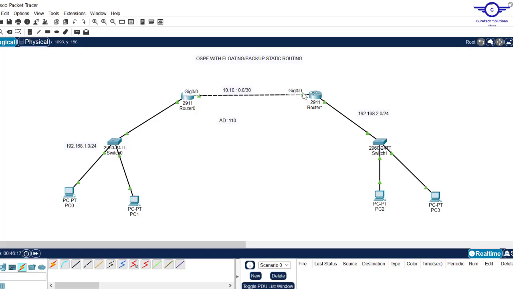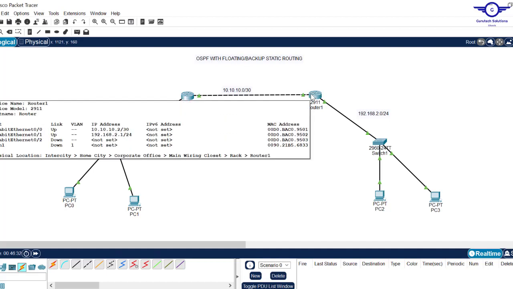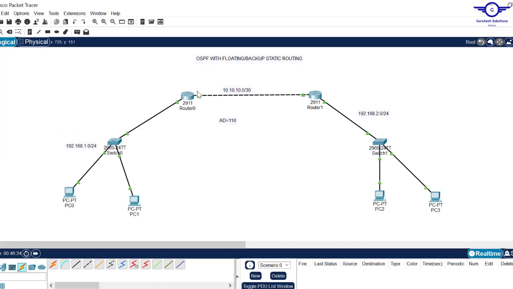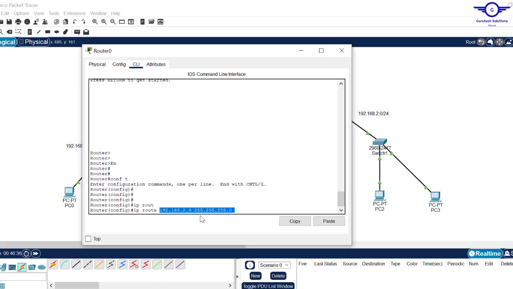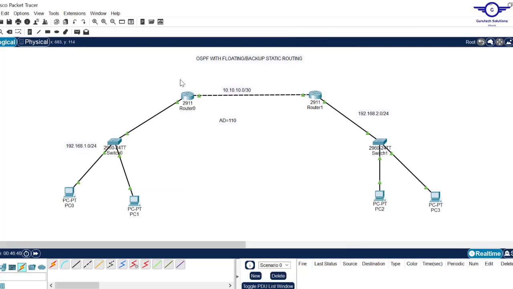So in this case, let me just use this one. Or you can use both. You can use gig 0/0 or this one. But in this case, let me just use the IP address of the next hop, which is 10.10.10.2. So any packet going to this destination, I'm telling this router that it should be forwarded